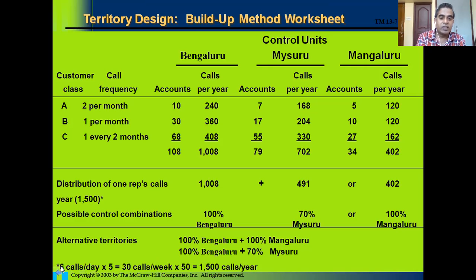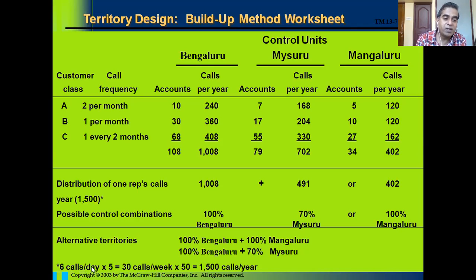So here, 6 calls per day are possible for this company's sales representative. So you can understand that it might be a B2B company. This illustration is of a B2B, business to business marketing company, because they have to meet different companies, not customers like me and you. So the number of sales calls will be few in a day. Per day, 6 calls are possible for a sales representative, multiplied by 5 working days in a week.